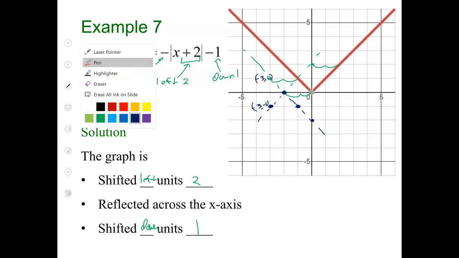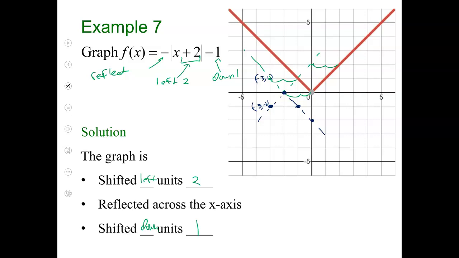Now I can end with my vertical shift, down 1 unit. So everything is going to come down, down 1 unit. And that is my final graph. Everything moves down 1 unit. All right? That's all 3 transformations combined into one beautiful, lovely graph. That's as complex as it will get for now. Till fourth quarter. Fourth quarter, once we're done doing a lot of quadratic stuff, we'll do more transformations. But for now, we're going to leave with just those 3. Okay? So you do have